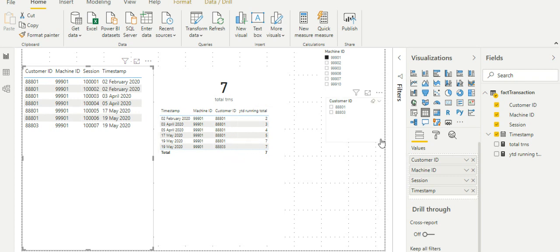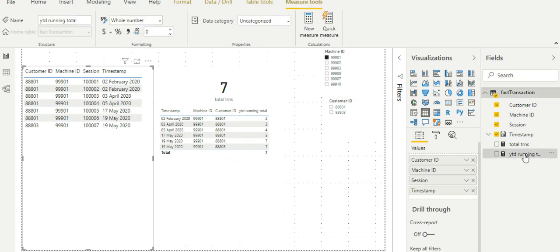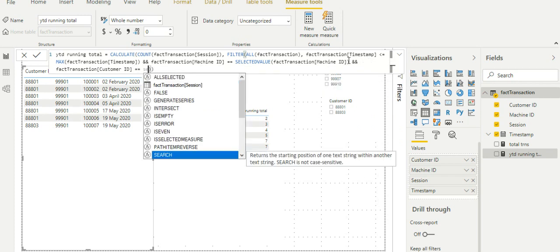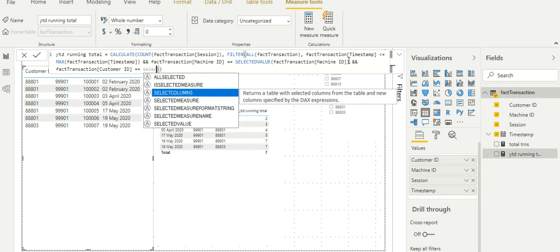So let's also add one more filter to this running total column, wherein we also define the customer who performs it. So I'm adding one more customer ID here. Again, I'm going to equate it with the selected value of customer.